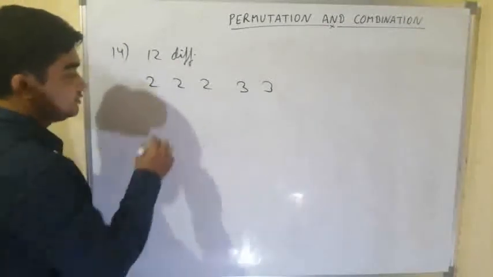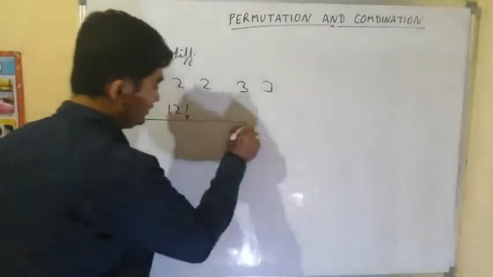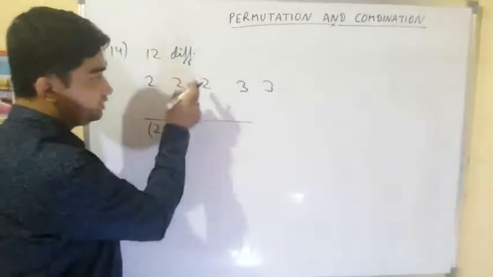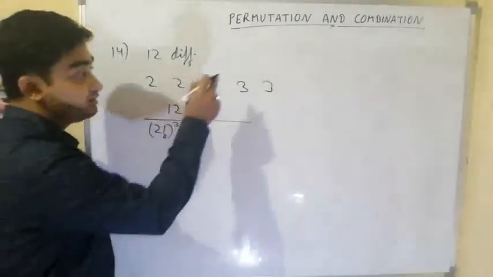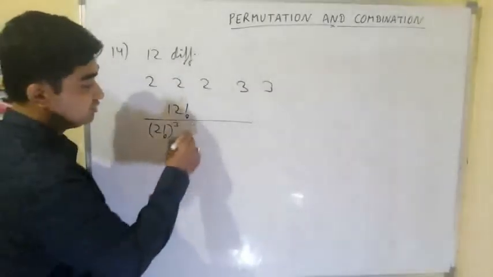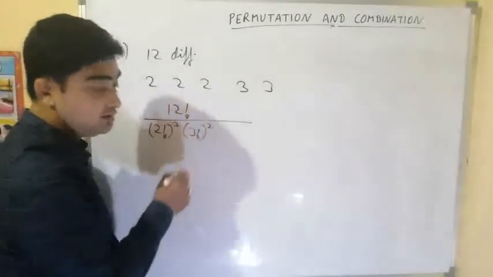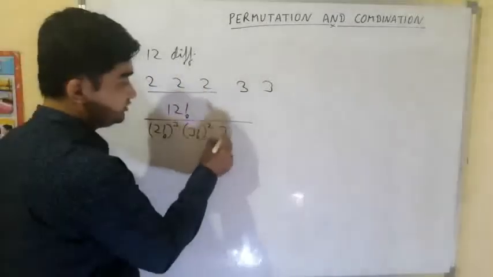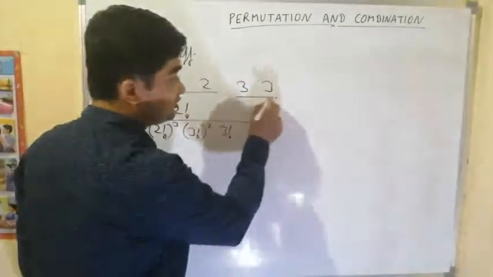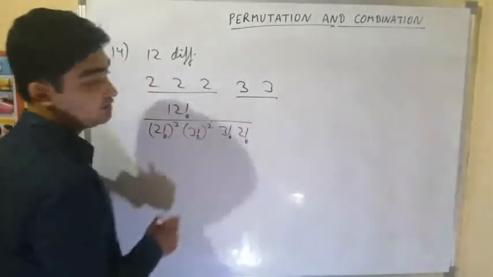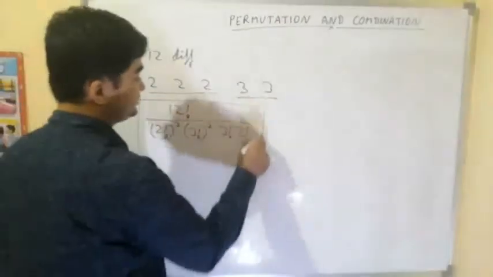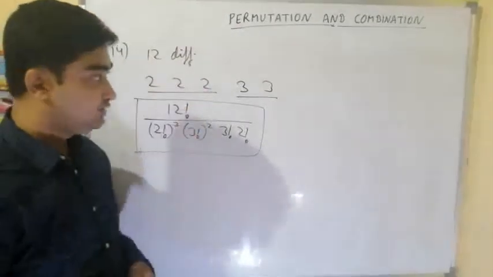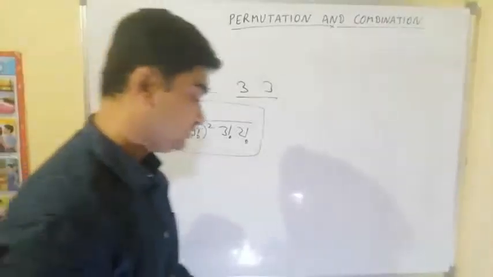In this case, what will happen? Total choices are 12 factorial divided by size of the group 2 factorial. How many times? 2 factorial, 2 factorial, 2 factorial. So 2 factorial cube. Then size of the group 3 factorial. So 3 factorial into 3 factorial, which is 3 factorial square. Now the size of 3 groups is same, so divided by 3 factorial. The size of 2 groups is same, so divided by 2 factorial. So this is the answer in which we can distribute 12 different things in 5 groups, 3 groups containing 2 each and 2 groups containing 3 each.